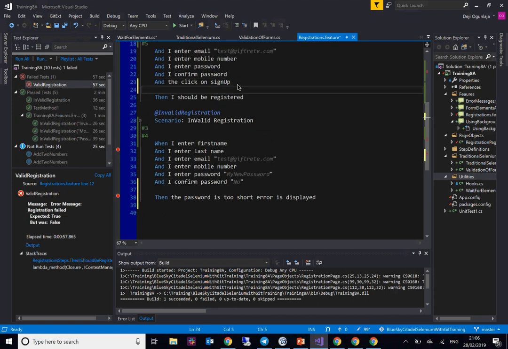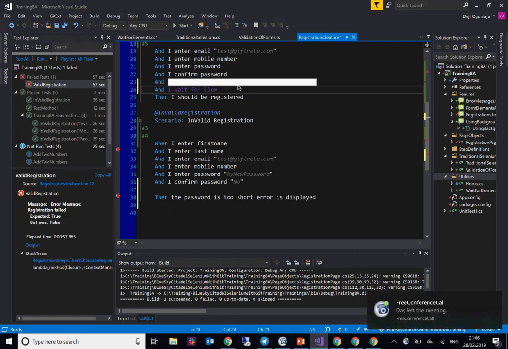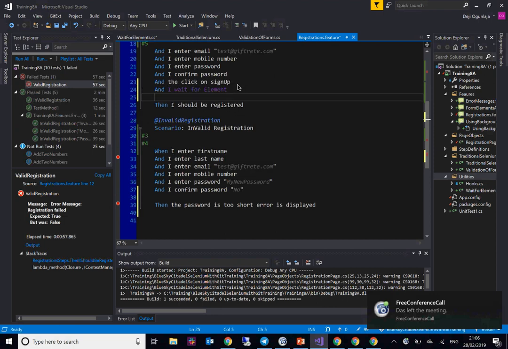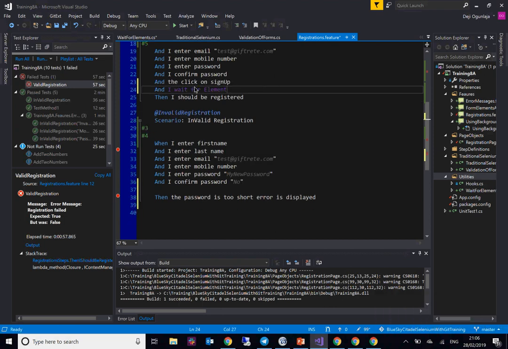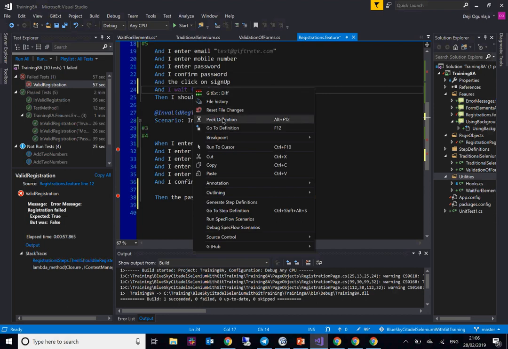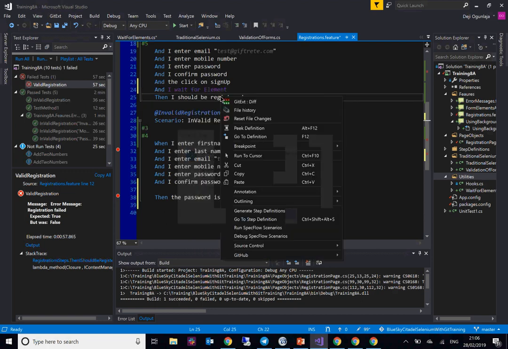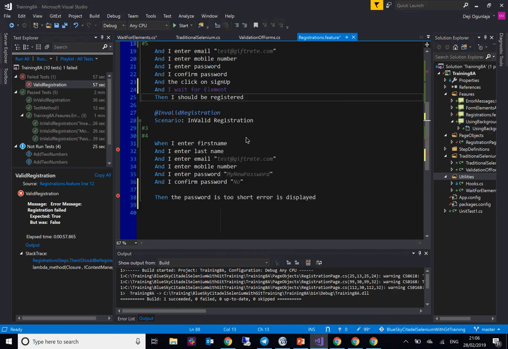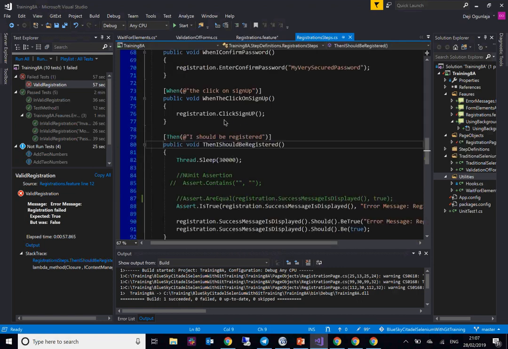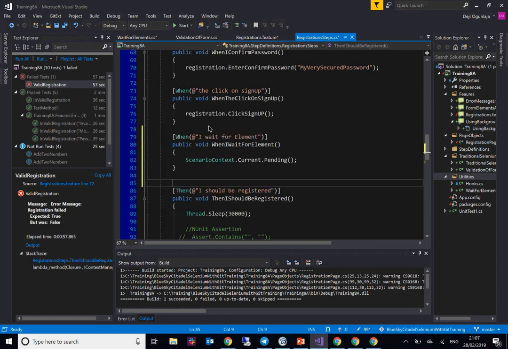Okay, and I can say, I wait for element. So let's create a step definition for that. Okay, so if I press that one,